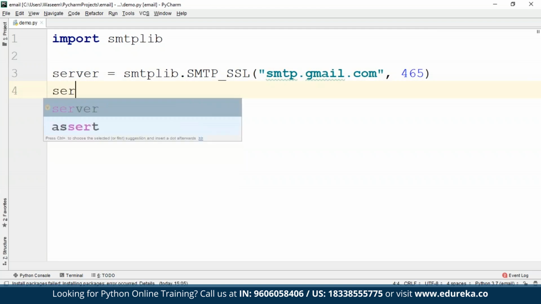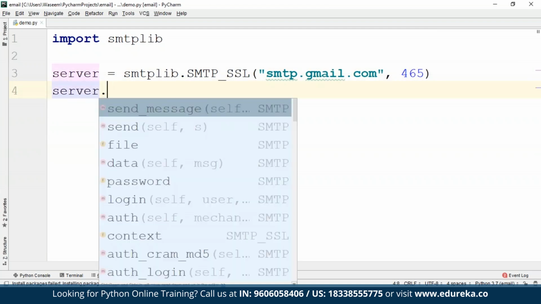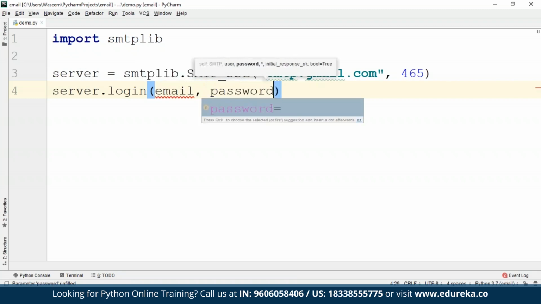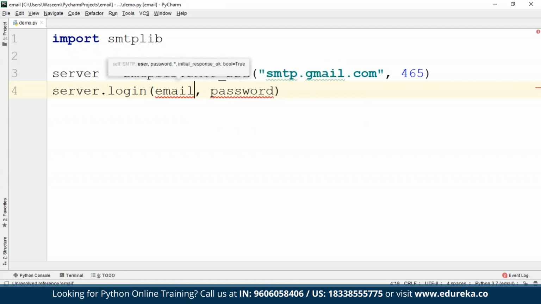Now I will use server.login, and login is basically required to authenticate the user, guys, because for logging into Gmail you actually need authentication. So for that you need an email and password, for which we are using the login method. So over here we can use my email ID or any other email ID.